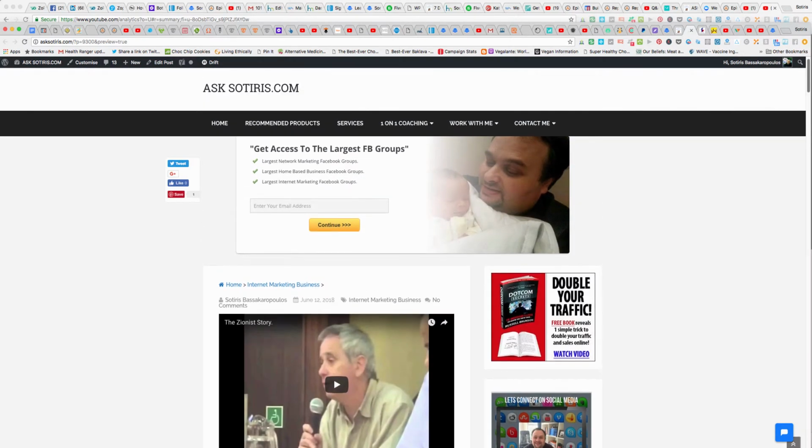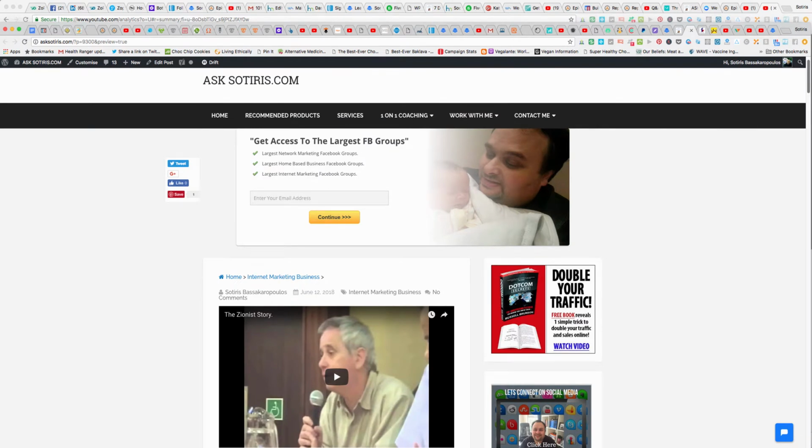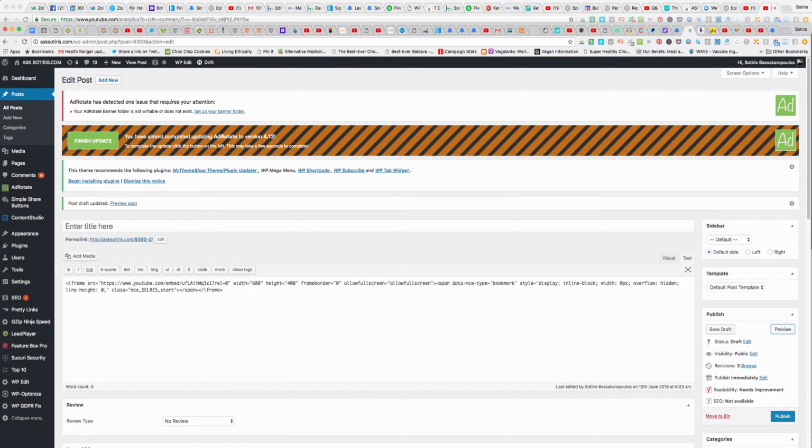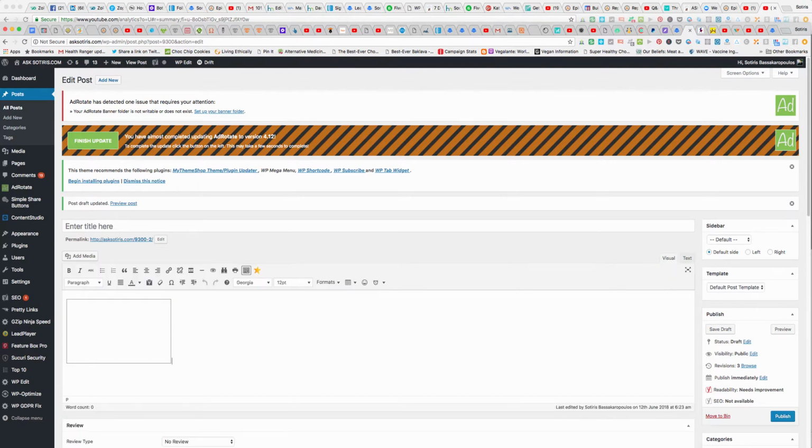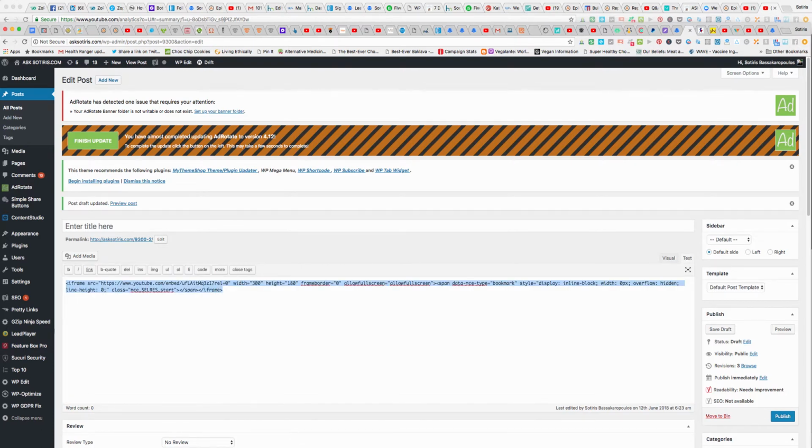The other thing you can also do with your video is say you want it to appear in the sidebar, on the right hand side where the banners are. You want it to be smaller. All you do is change it to the width of your banner. Okay, so if you want it to appear where your banner is in the top, just change the width to 300 by, say, 180. Okay, and then visual, you'll see now it's a very tiny video. Then you can copy that code, go to appearance, go to widgets,